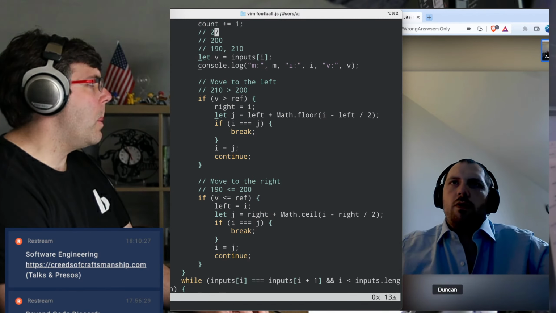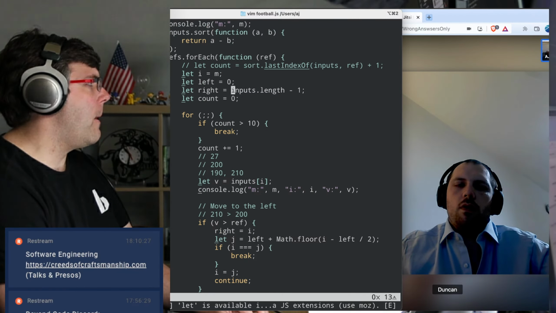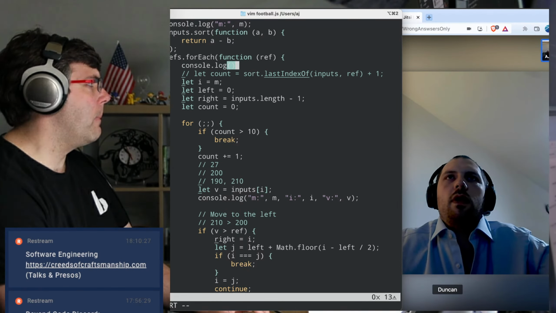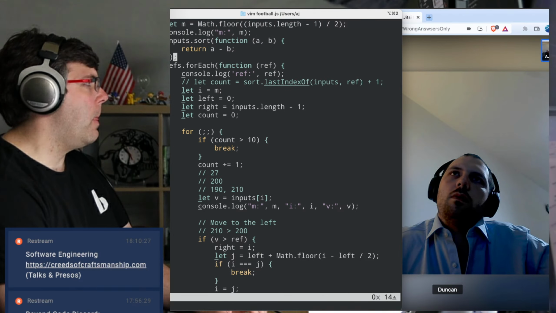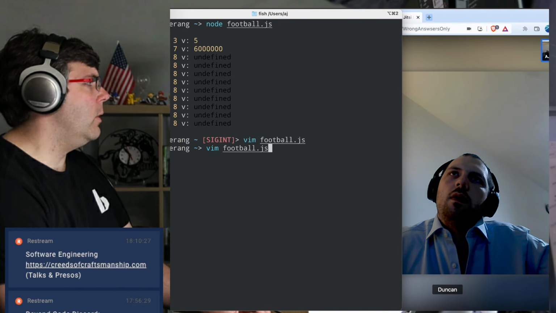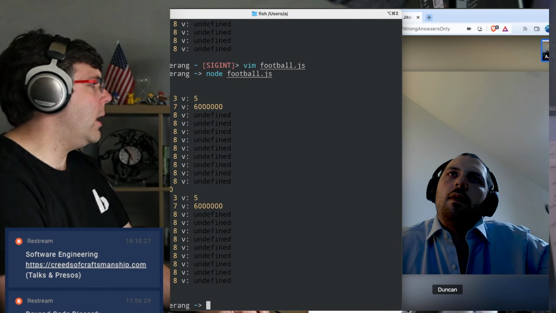If it was just moving through the list, then inputs I would have a value before inputs I plus 1 became undefined. So I'm going to look at the reference value here, just so I get a clear picture of this. So the reference value is 5,